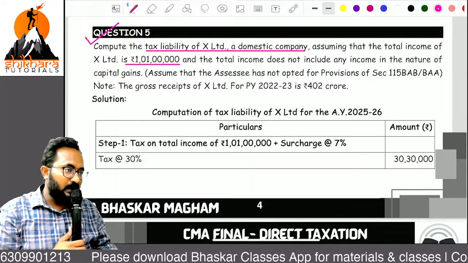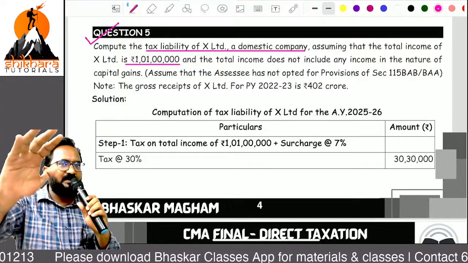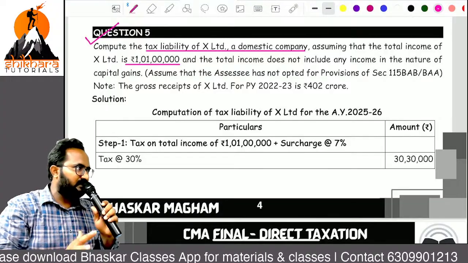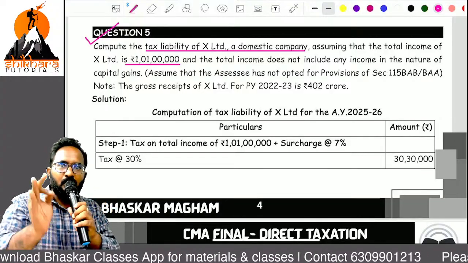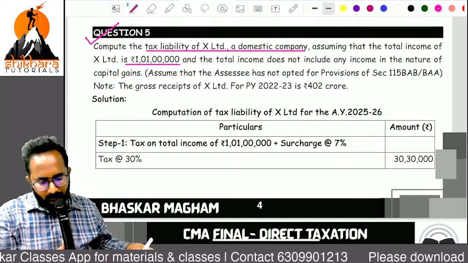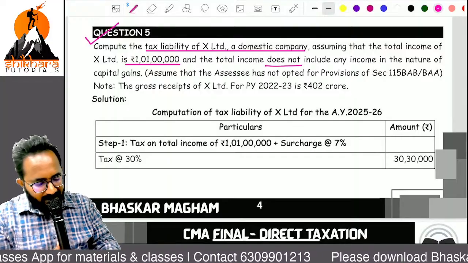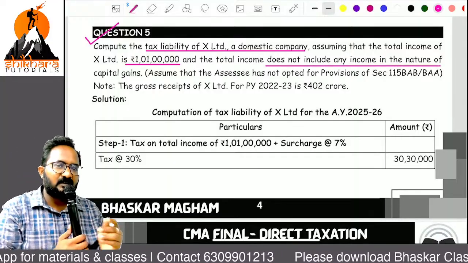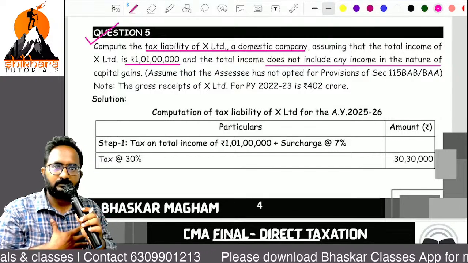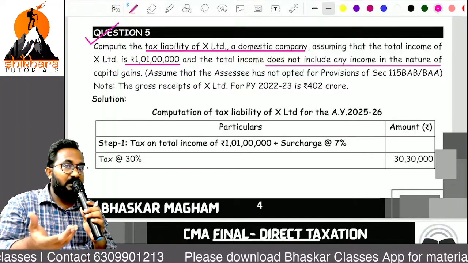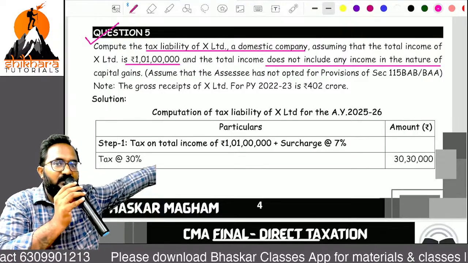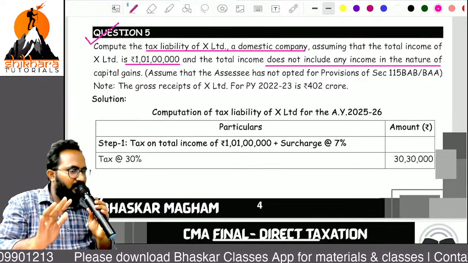1 crore 1 lakh. Sir, looking at this total income itself, I need to think about marginal relief, because for a domestic company the surcharge basic limits are 1 crore and 10 crore. There is just 1 lakh excess income over the basic limit. Now, there is no capital gain income. Why are they mentioning it? These are all taxable at the normal tax rates. For capital gains, special tax rates may be applicable. Clearly they are saying there is no capital gain income included in the total income. That means these are all taxable at normal tax rate.